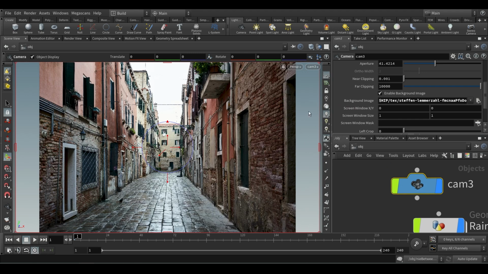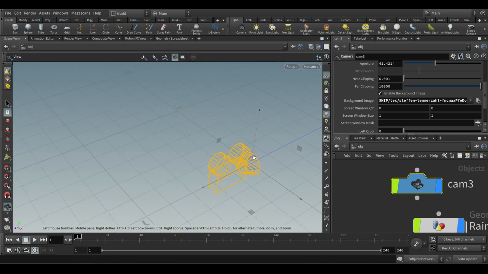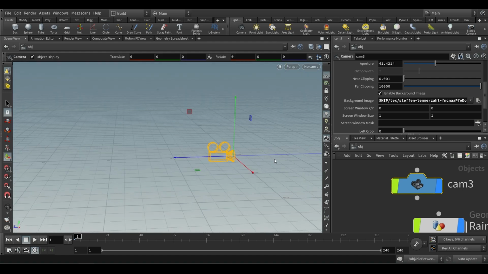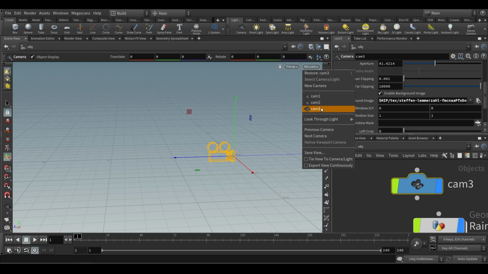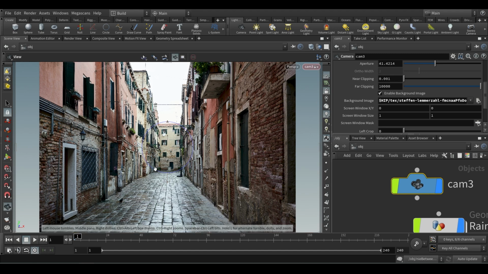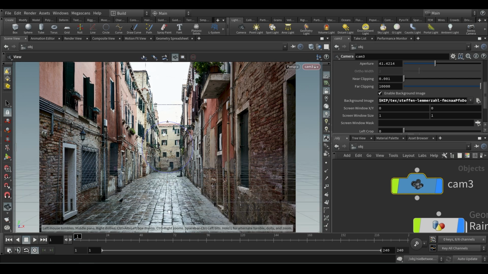Now what you have to do is match the ground. So this is the ground, right? The grid is the ground origin, so we need to match the camera and the grid. How you can do that is manually, by locking the camera and rolling it. You can see what I'm doing with the grid. The ground in the picture has to match with this grid. So this is how you can do it.